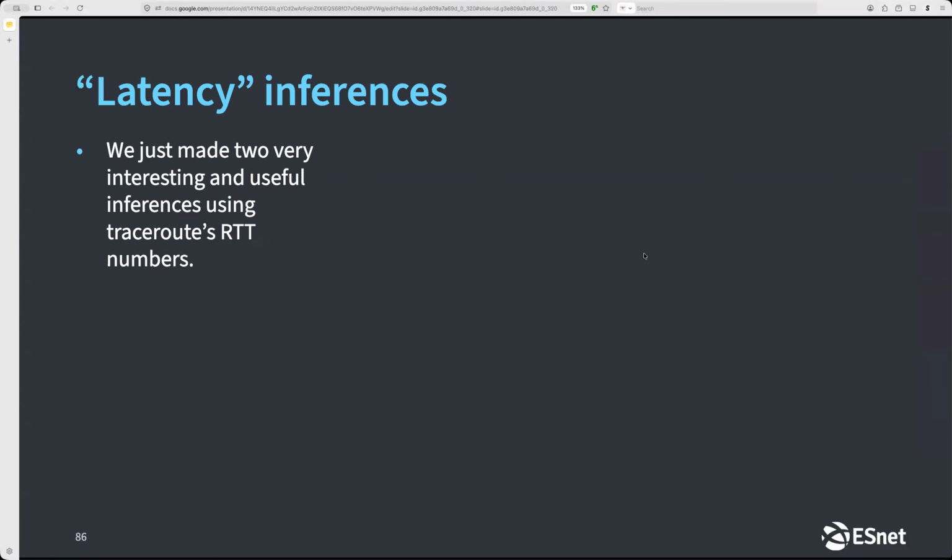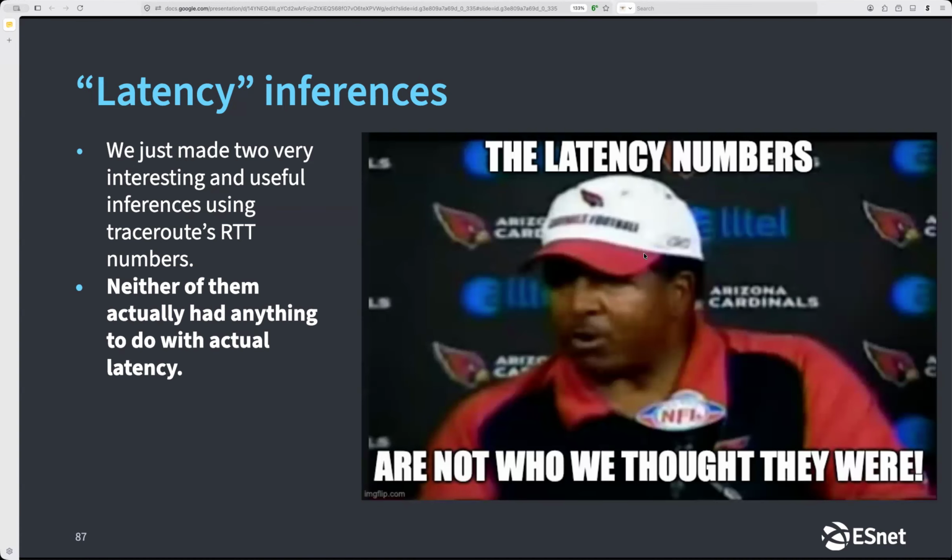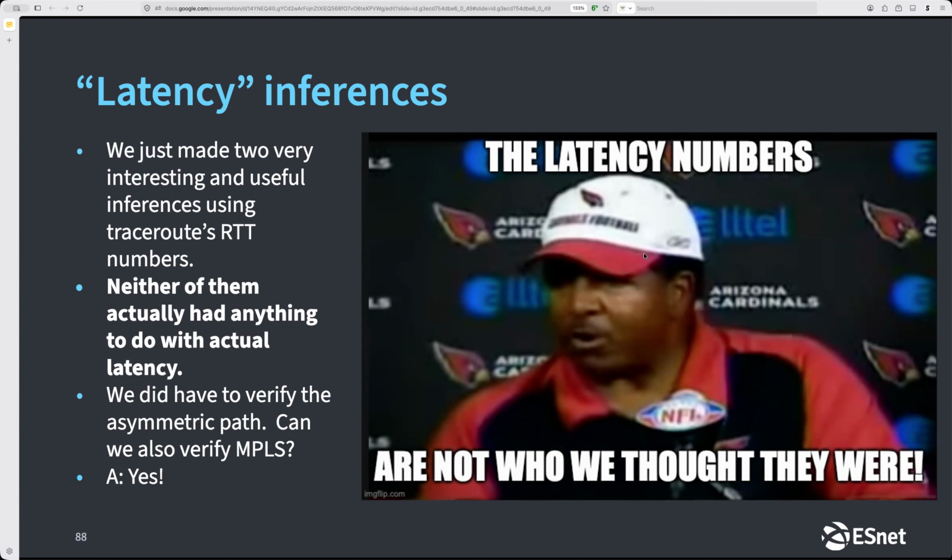So we just made two inferences regarding latency. One we made around asymmetry and one we made around the existence of an MPLS cloud. This had nothing to do with the actual latency. If anyone remembers this reference, I applaud you. But it's important to understand that we made inferences around latency that had nothing to do with latency. We made inferences around round trip time that had nothing to do with round trip time. So in other words, we walked around the stadium, determined how many seats were in the stadium, not the length of the football field necessarily. So we did have to verify that